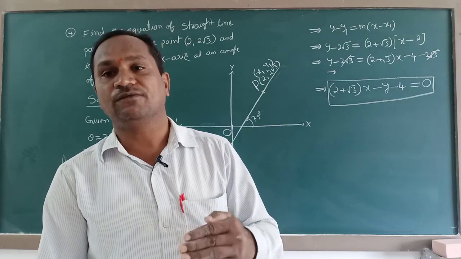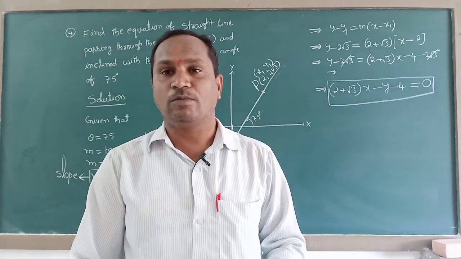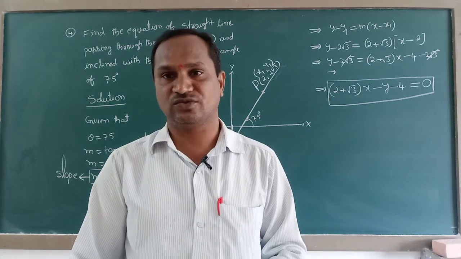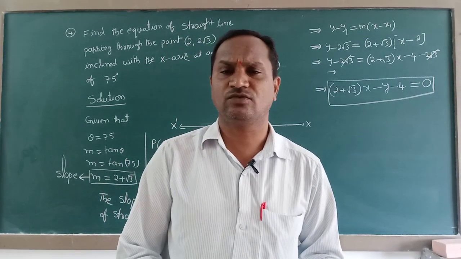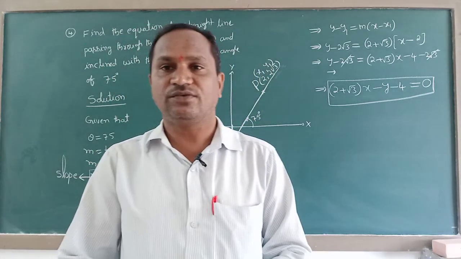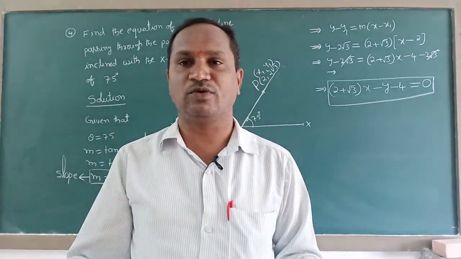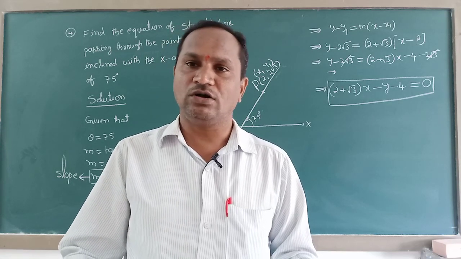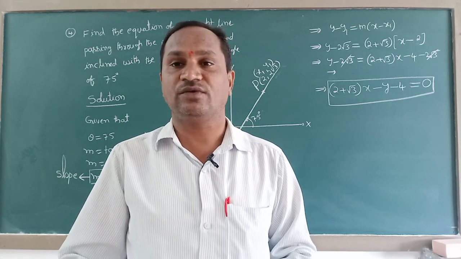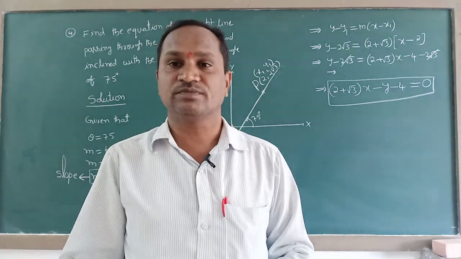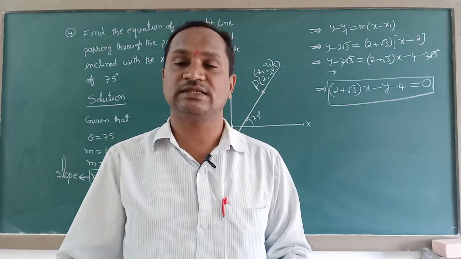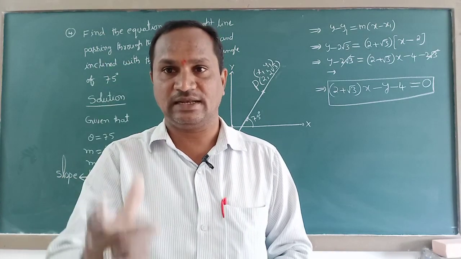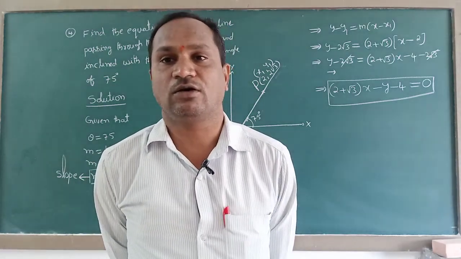Like that, today I have finished some different types of problems on slope point form. At the same time, I have given today the proof of normal form also. Next class onwards we'll solve different types of problems on the other forms: two points form, slope intercept form, and normal form. In all types of forms, we are going to solve different types of problems, and we will select those problems from exercise 10.2 only. Like that, next class we'll solve all those questions.